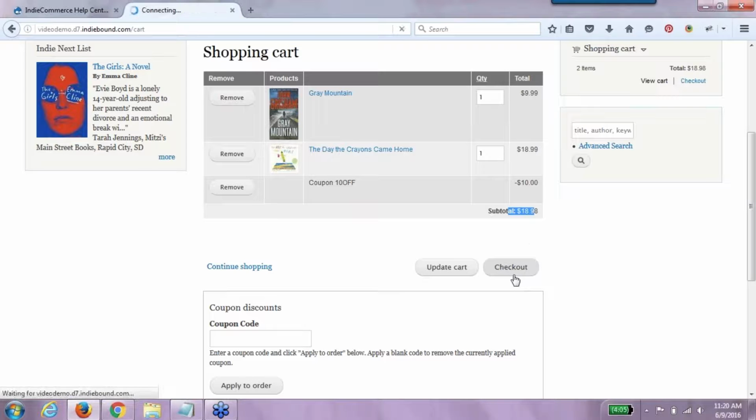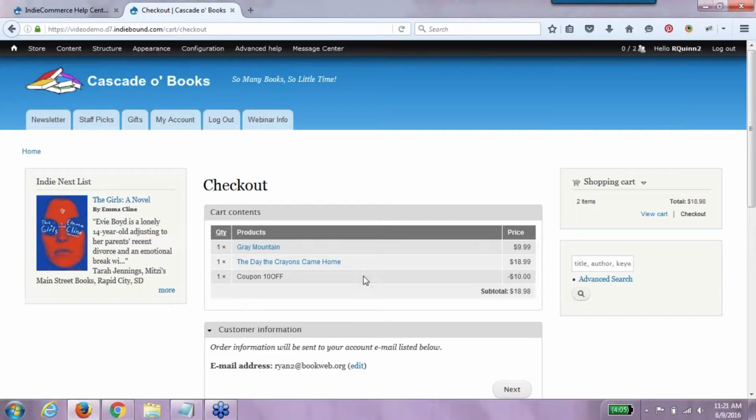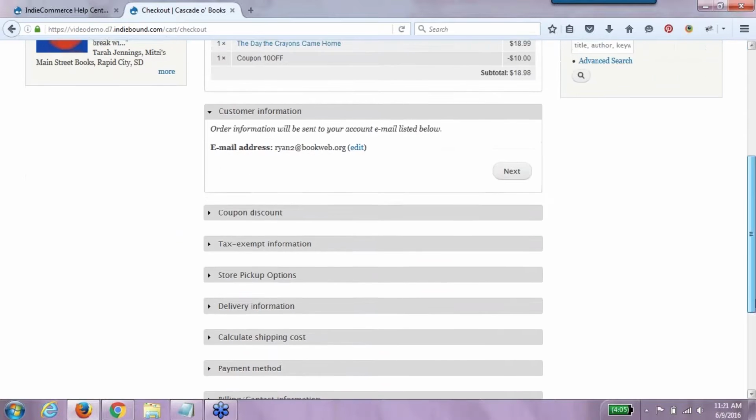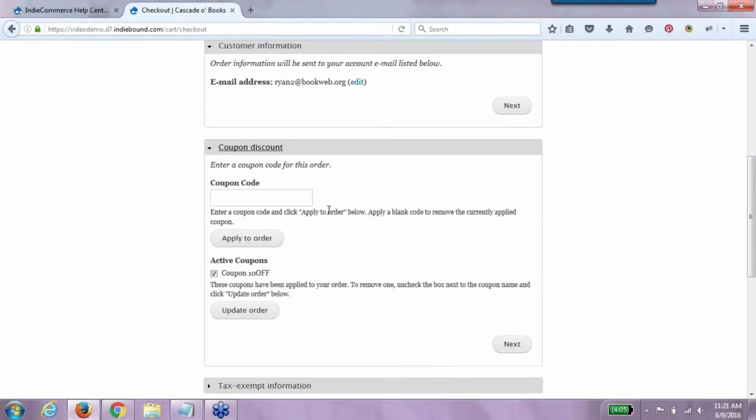I'm going to continue to checkout now. You'll still continue to see my coupon applied as a line item here in the cart contents. And you can see it under coupon discount as well. It says active coupons and shows me what's entered. Now I'm just going to go ahead and remove that for a moment